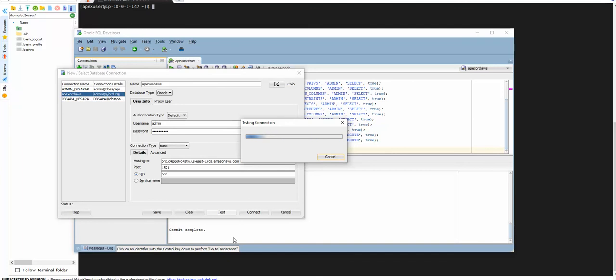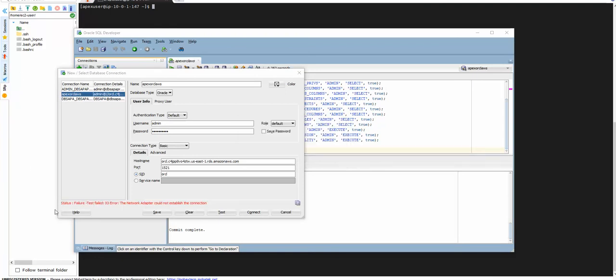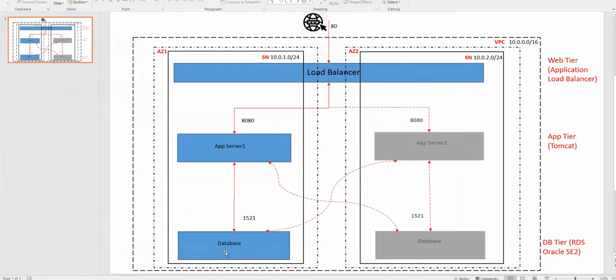Right, since we are restricting the database access from the internet, whenever I try to connect from SQL Developer on my machine, it is going to come back with a timeout. See, the status is failure, network adapter could not establish the connection. So that means the database also does not have internet connectivity right now.